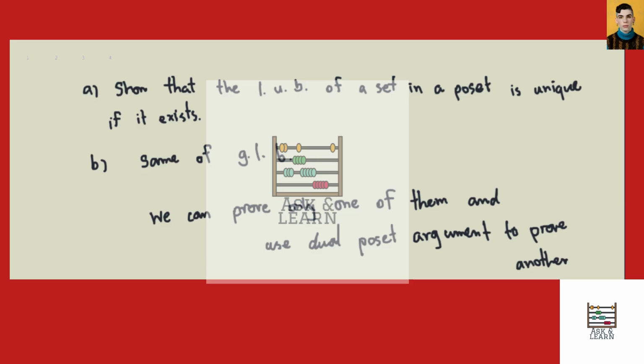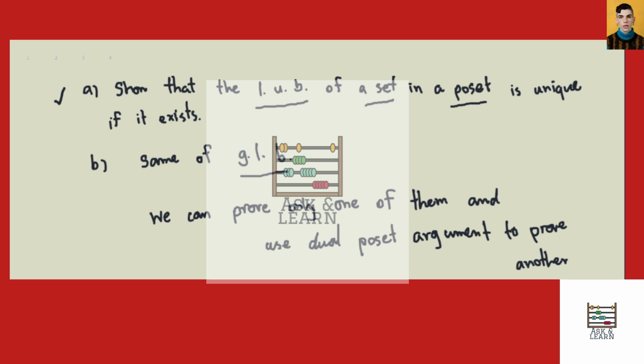In this video, we are asked to prove two statements which are similar. So if we have a poset and a set inside that, if a least upper bound exists, it must be unique. That is, there can be only one of them. And the same goes for the greatest lower bound. So we're going to prove one statement, and the other we can also use what we have proven to prove it